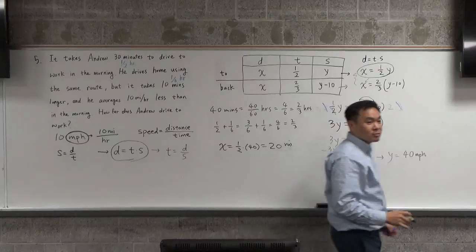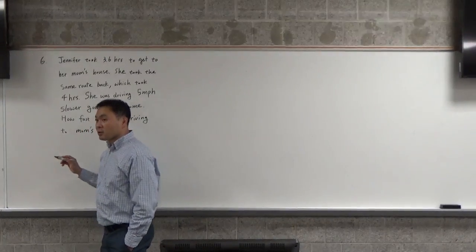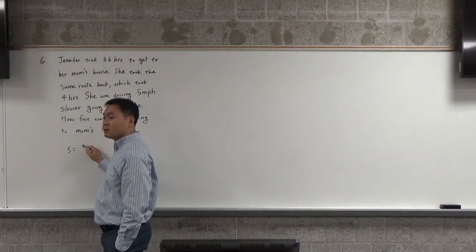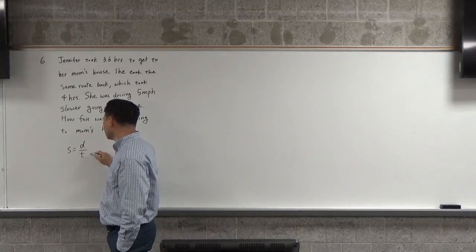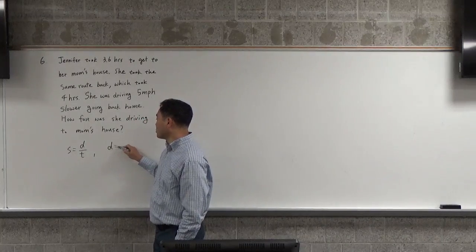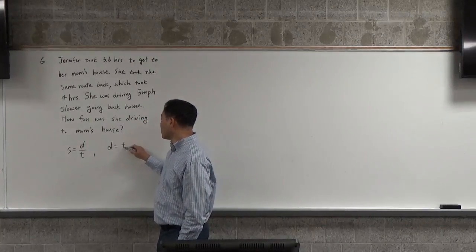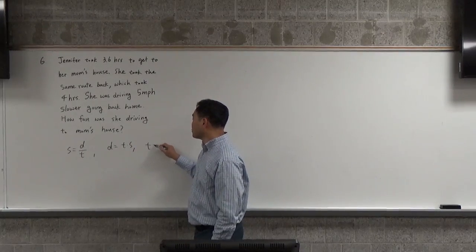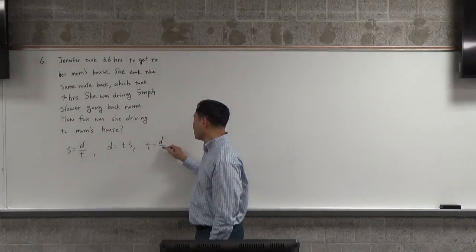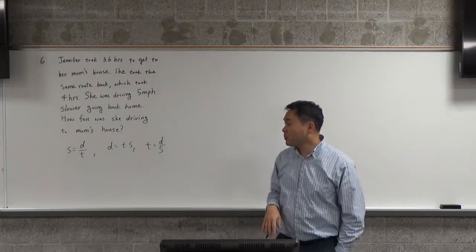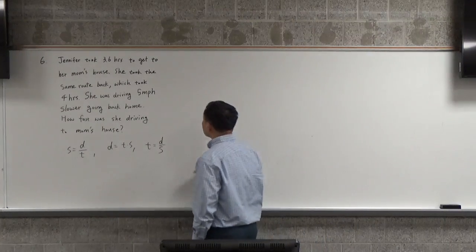Okay? So again, let's write down the fundamental equations. Speed is what over what? Distance over time. And if you multiply t both sides, you get distance equals time times speed. And then if you solve for time, you get time equals distance over speed. Doesn't take long, you can do it really fast. Okay, so once you have this now,